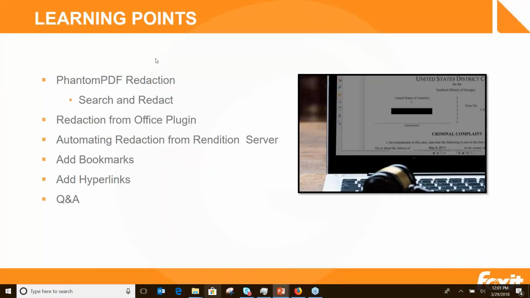Here are some of the topics that we'll be covering today. We want to talk about some of the more advanced features we have in our PhantomPDF product. We also are going to show you another one of our products. It's called Redact Rendition Server, and we'll do some automating of redaction in that product. We'll also talk about bookmarking and hyperlinks. We have many court customers, and these are very useful topics, I think, for court administrators and also other government